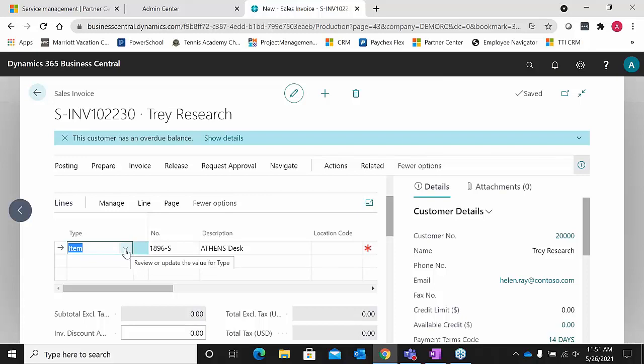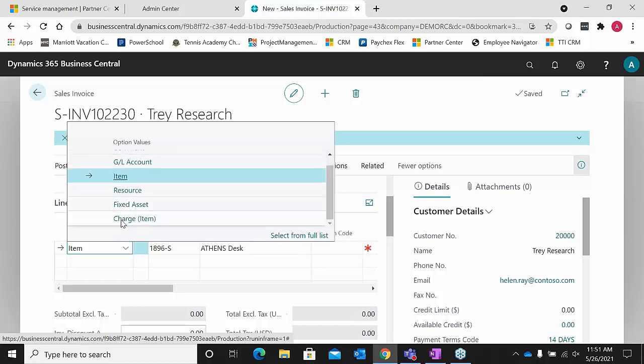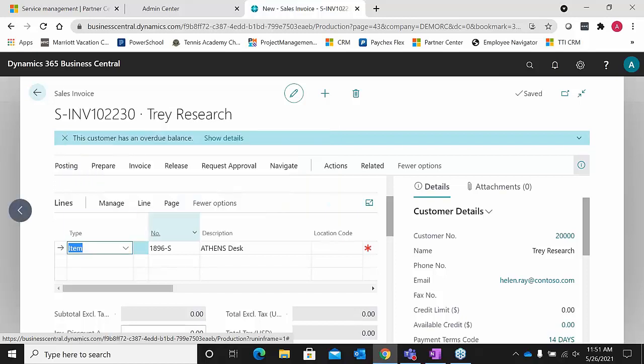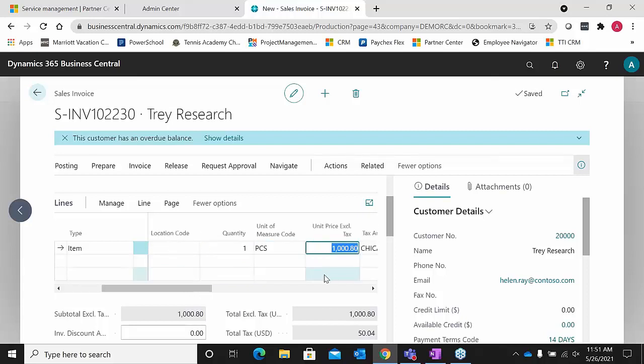But if we're not using inventory, I have the ability to enter lots of different types of lines here. It could just simply be an entry to a GL account. I could choose a charge item, a service item, a fixed asset, so it does not have to be inventory related to enter this invoice. I'm going to enter my quantity. It defaults in my extended price because I selected an inventory item. And as you can see, I've already selected all of the red asterisk line fields, so I'm ready to post